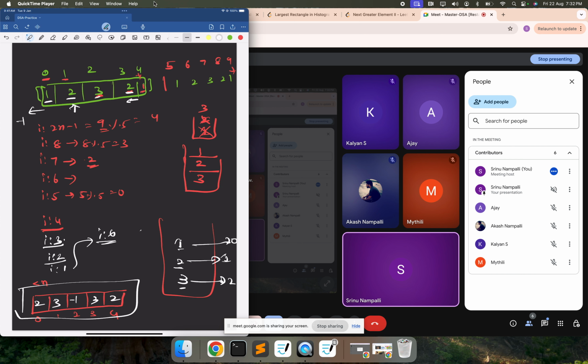Here num length is 2, k is also 2, so we just need to return. Okay, output is empty, but expected is 0, right? Okay, so in this case we return 0. That's it. So successfully we completed stack problems,